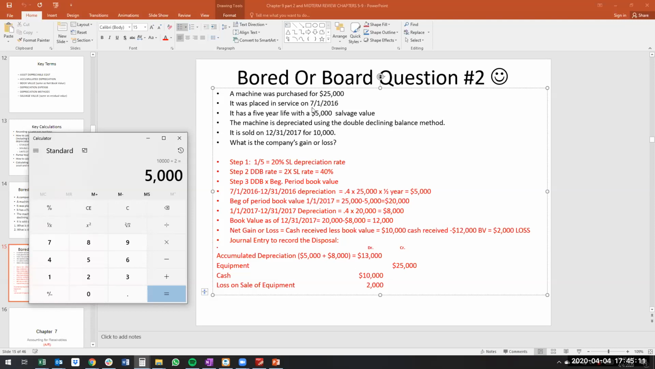5,000, so we have the $5,000 in expense here for the first year. Beginning of the period value then is 25,000 minus the 5,000. So we have a beginning 2018 value of 20,000. I'm sorry, 2017 value of 20,000. And then 2017 for the year, we have 20,000 times